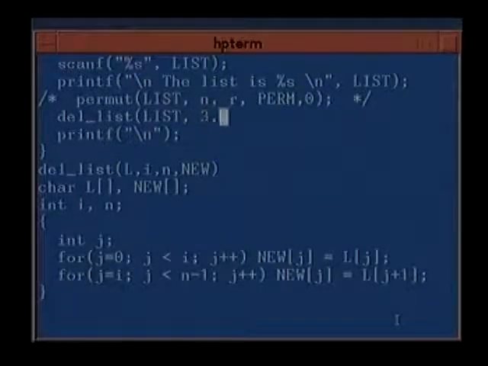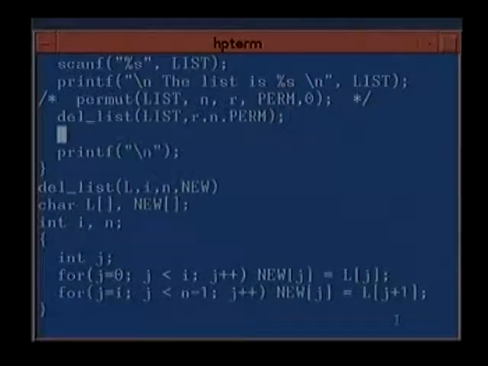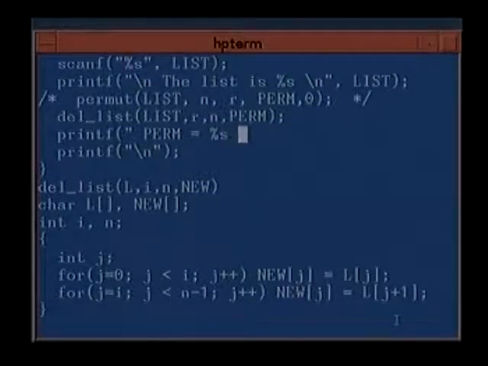You can enter I, but we are purposely giving 3, or let us give R because we have read in a variable R, n, and let us take it in the other character array perm which we have. Percentage S.